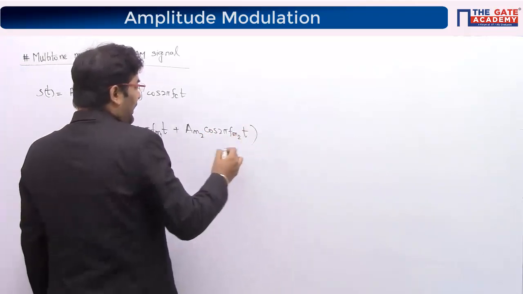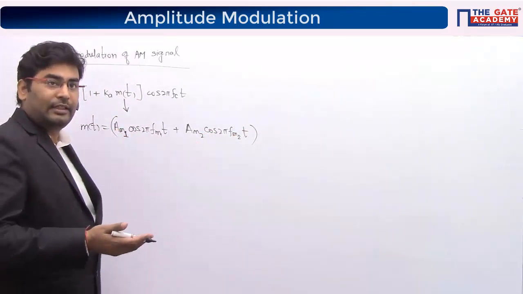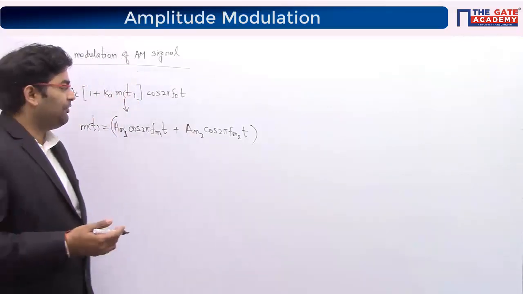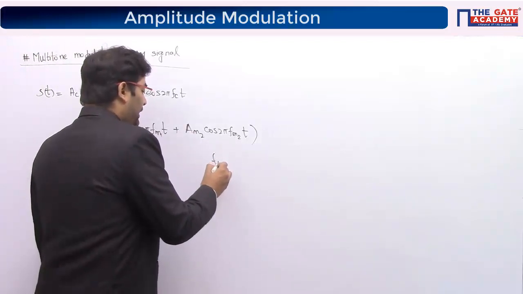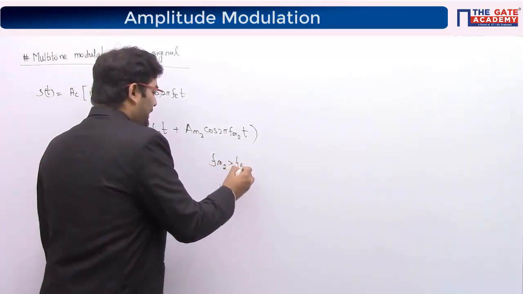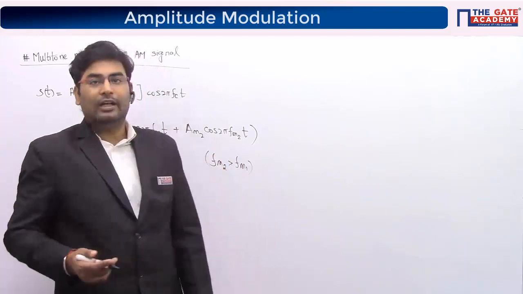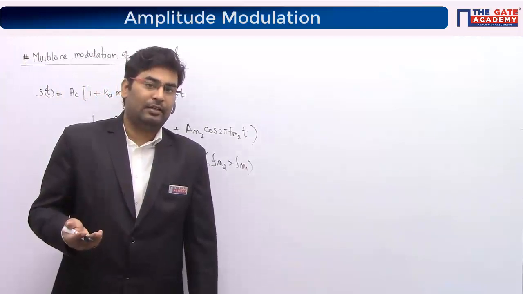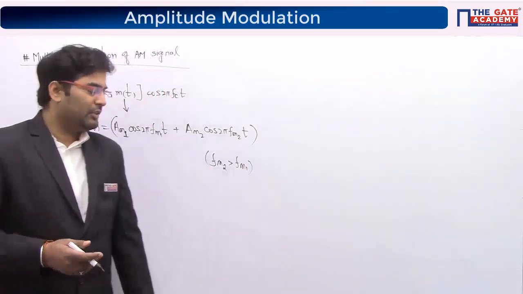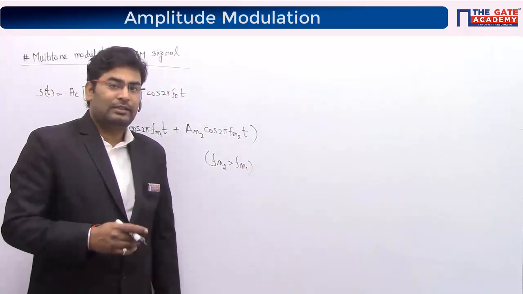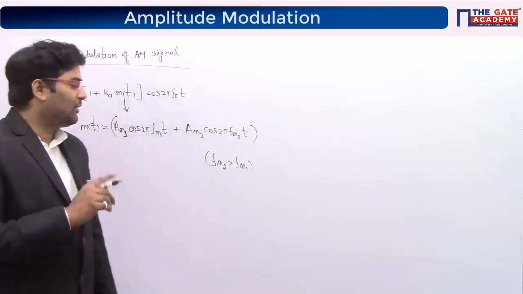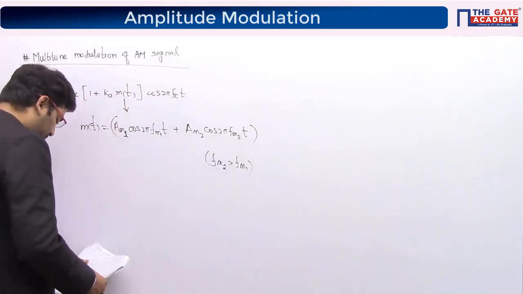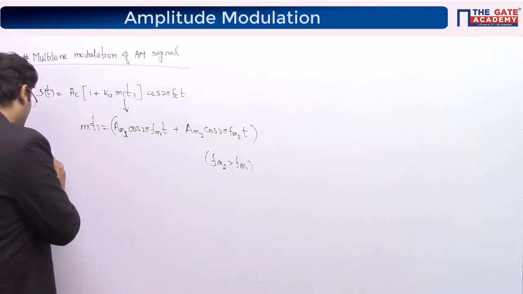Since we have more than one frequency, at some point we have to say which one is bigger. So I would say FM2 is greater than FM1, as otherwise this will create confusion while we try finding the bandwidth. So you want to be clear on that. We have to say the second message has the highest frequency as compared to message 1. So FM1 is less than FM2. Now it's a straightforward calculation.